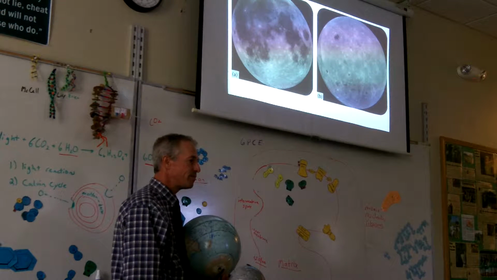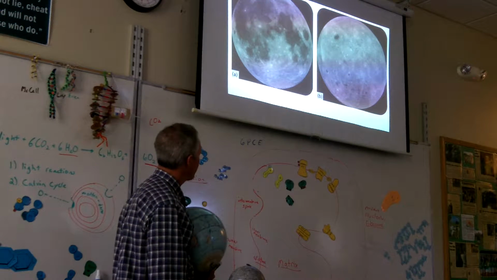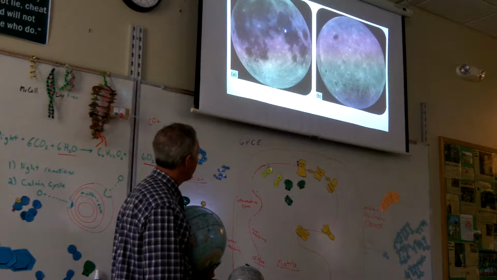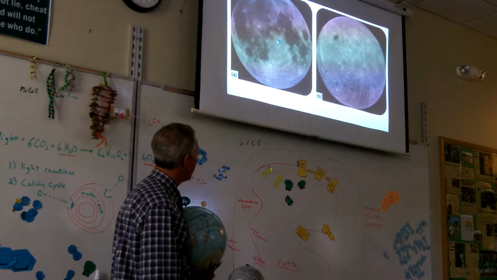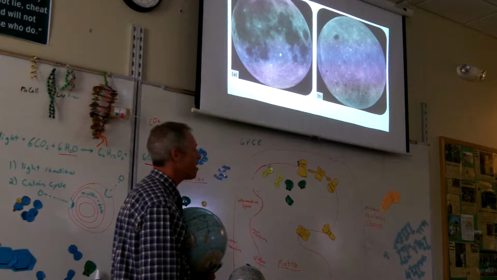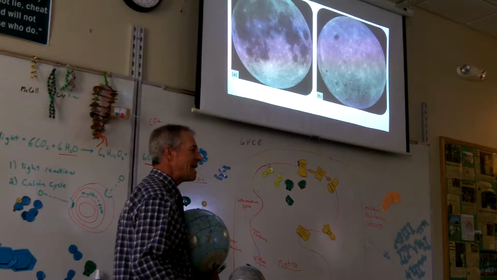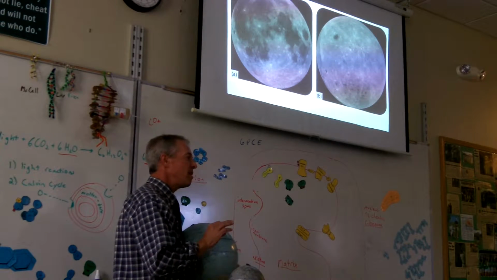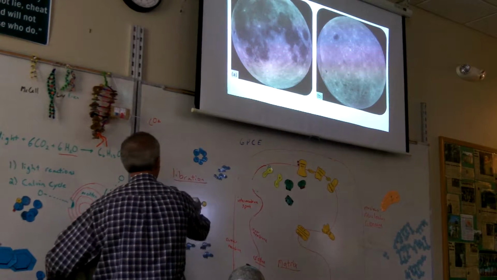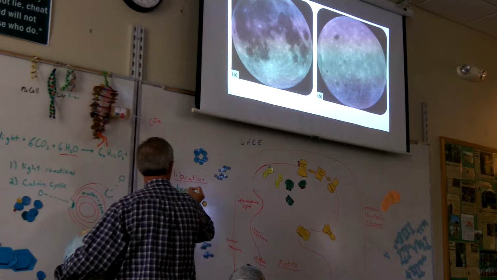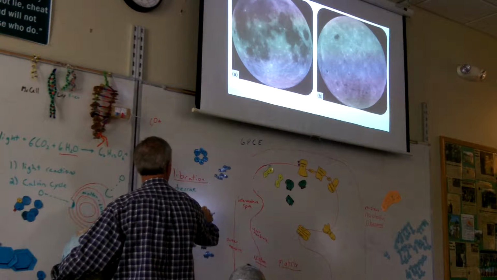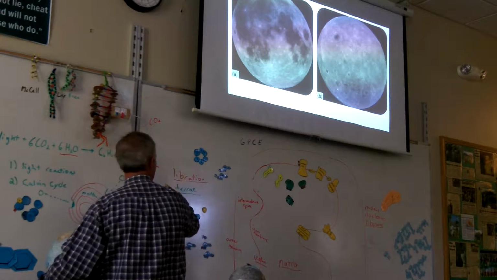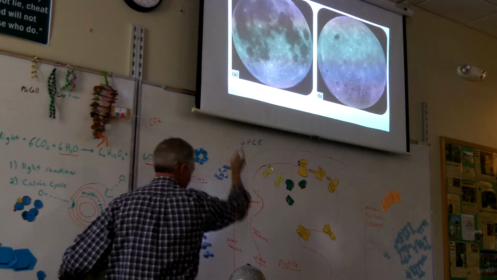Is it more mountainous on this one? Well, if you think about having a big hole and then a raised area, and by the way, these raised areas are called lunar highlands or lunar terrae, and the lower areas